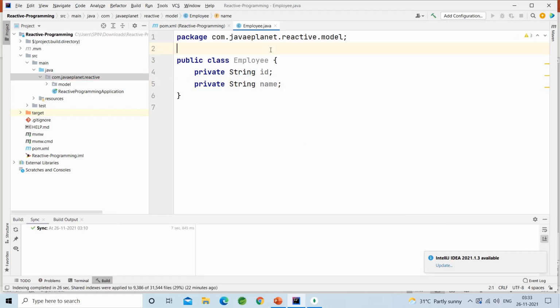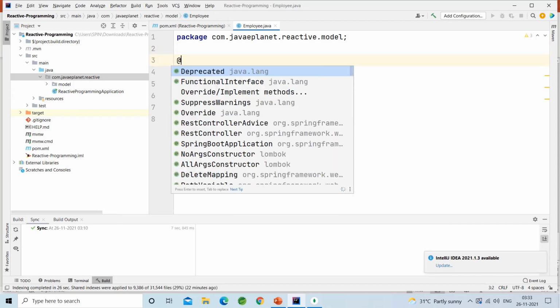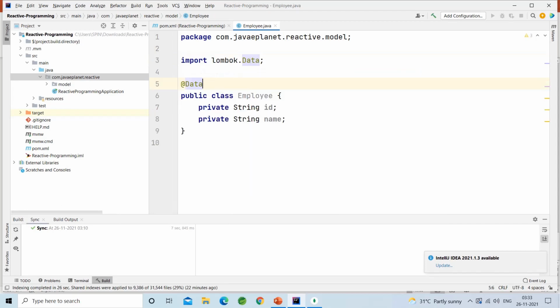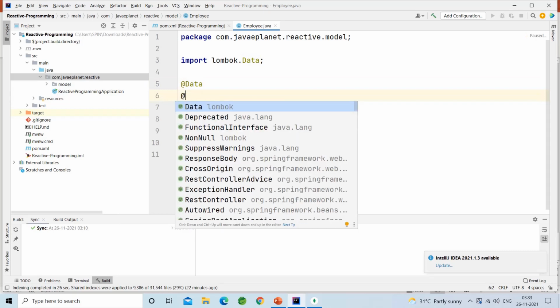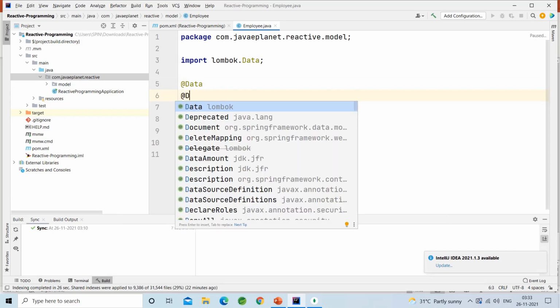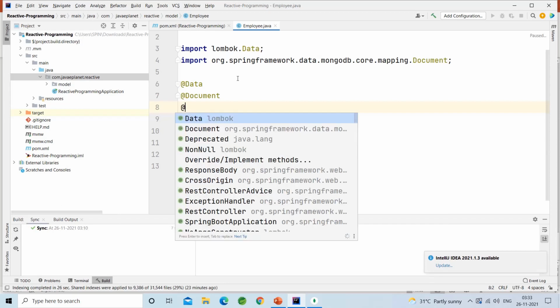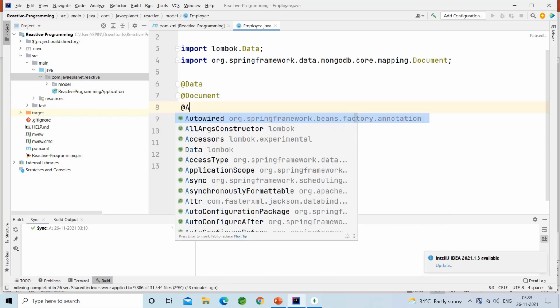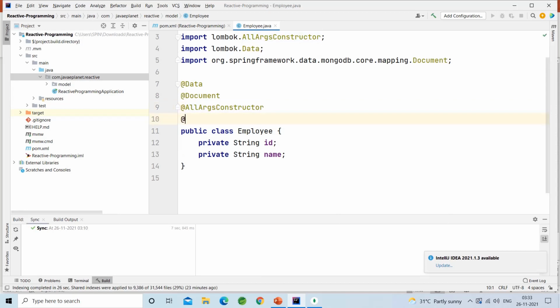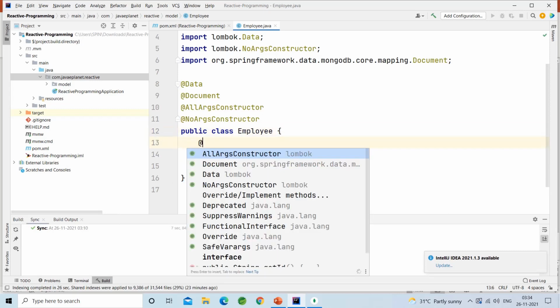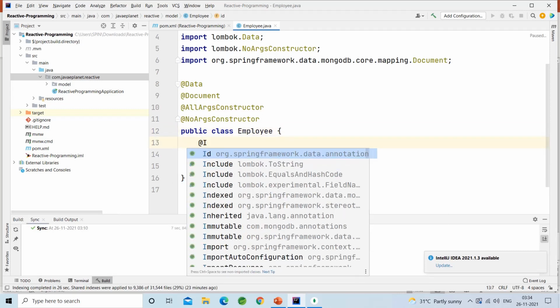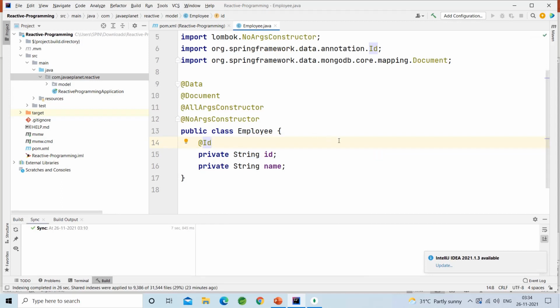That's all. I'm annotating this with @Data, @Document, @AllArgsConstructor, @NoArgsConstructor, and also annotate this with @Id. That's all.